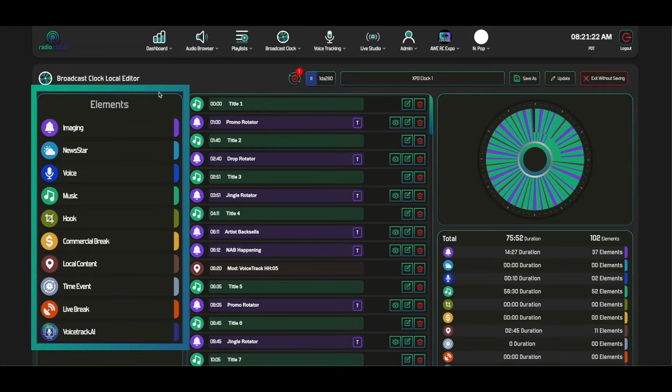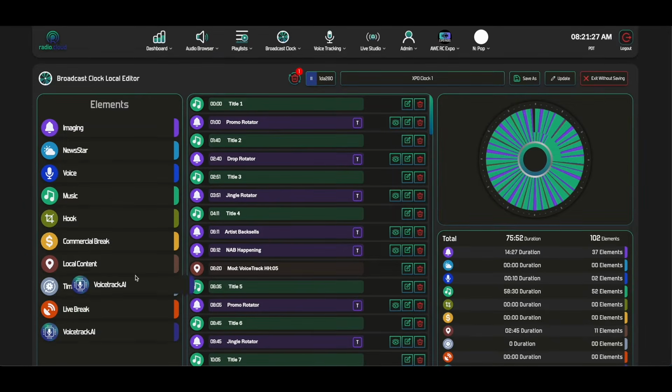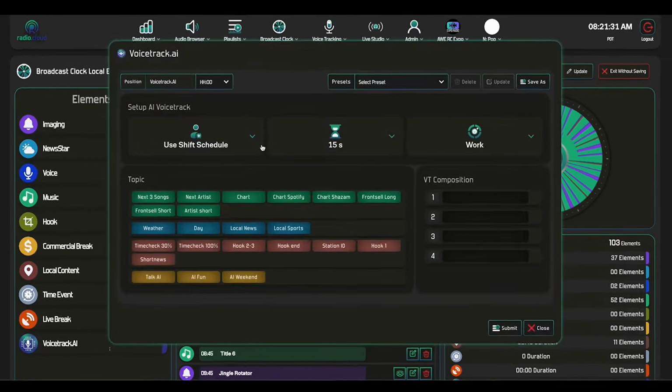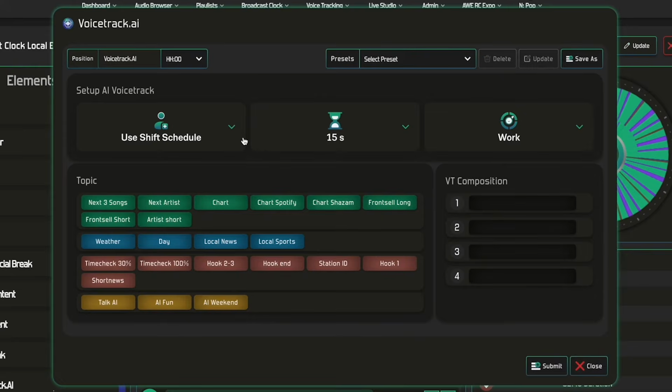You can see the list of elements on the left side here. Voicetrack.ai is on that. All you do is drag and drop, just like the rest of the features in Radio.Cloud. You pop it right into the playlist, and this is the pop-up that you get. And it's a really nice graphical interface, and it gives you a lot of flexibility to choose the kind of